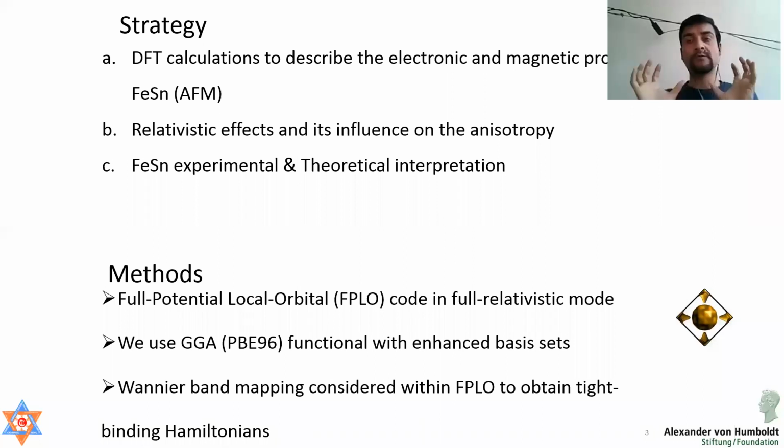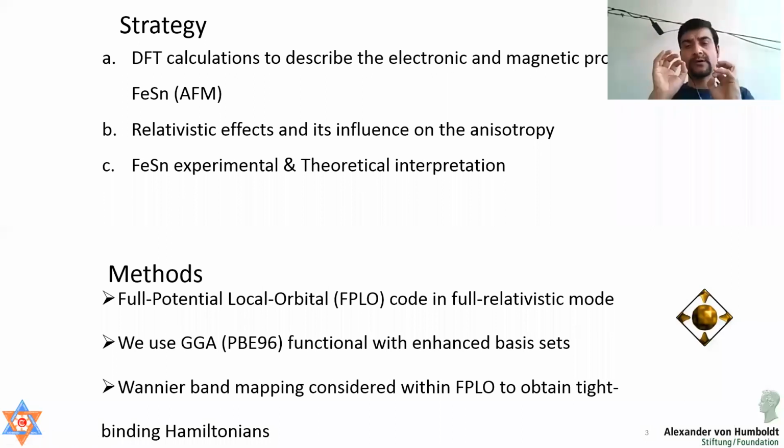So we have our own software, that is the full potential local orbital code. This works both in scalar relativistic as well as full relativistic form. When I say full relativistic, it means that we need to include spin orbit coupling in addition to the normal spin polarized calculation. And we further need the functionals, and we have used this GGA functional. Using the enhanced basis set means we try to take into account a large number of orbitals which can contribute